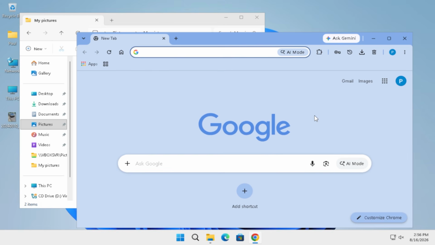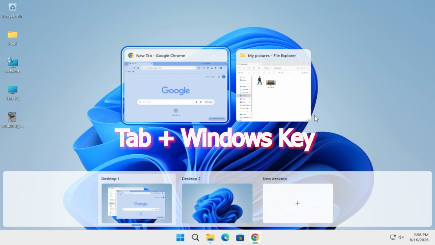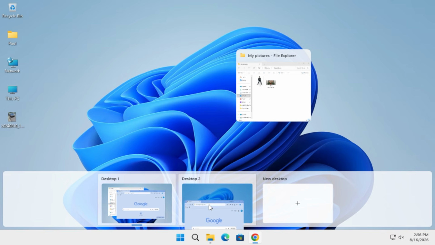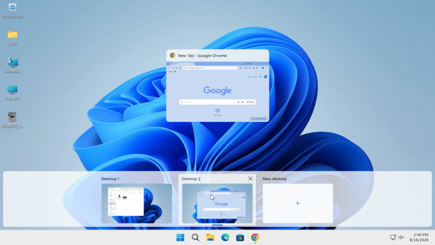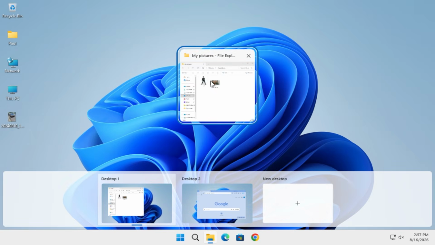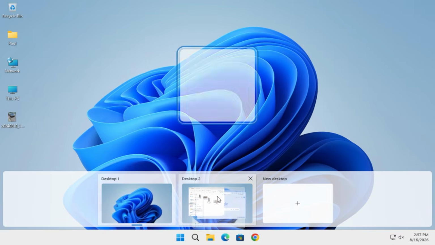Let's say you're really not closing shop for the day and you wanted to juggle things around. Well, hold the tab key and the Windows logo key, and you could take your window, like let's say your browser, and drag it onto desktop 2. So this way you know that you can be having 2 different desktops at the same time. Click on desktop 1 and that is gone. If you wanted to bring that over to desktop 2, you can do the same thing there,